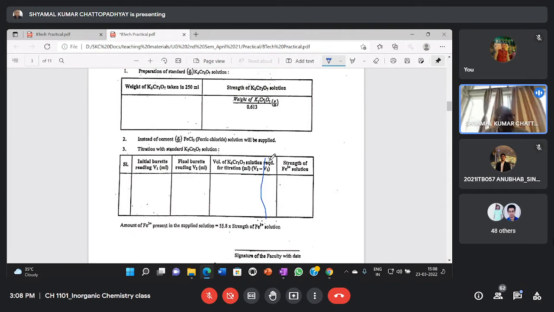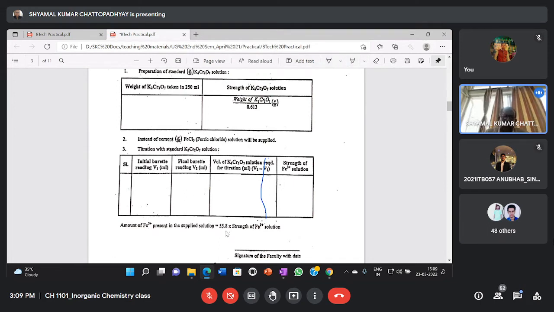Now, generally when you have two concurrent readings, just as here we have 22.0, 22.1 and 22.0, we can neglect the non-recurrent reading, and we can take 22.0 as the standard volume value. So if you have readings of 22.0, 22.0 and 22.1, it will be 22.0, because if you average out, it will be 22.03. So it can be taken as 22.0. So from that you calculate the strength of the ferric solution using V1S1 equal to V2S2, and then the amount of